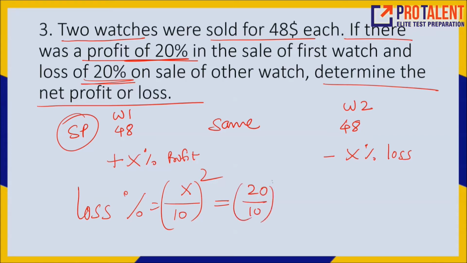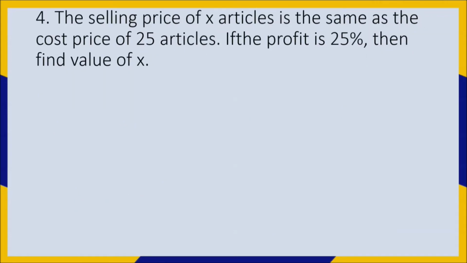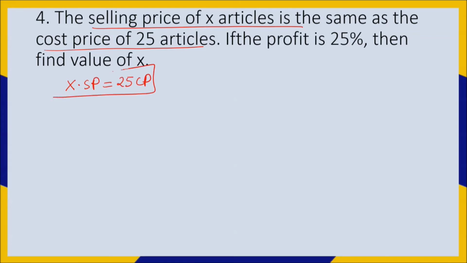20/10 whole square and that is 4% का लॉस, ओके, दिस इज द आंसर, हमेशा ऐसे ही होगा और ऐसे ही पूछा जाएगा, सो आप जरा भी चिंता ना करें। आगे बढ़ते हैं, चलिए क्वेश्चन नंबर 4 करते हैं। सेलिंग प्राइस ऑफ एक्स आर्टिकल इज द सेम एज कॉस्ट प्राइस ऑफ 25 आर्टिकल्स। सो करने का तरीका क्या है भाई, x into SP is equal to 25 into CP. ये डेटा सबसे पहले आपको पता होना जरूरी है।